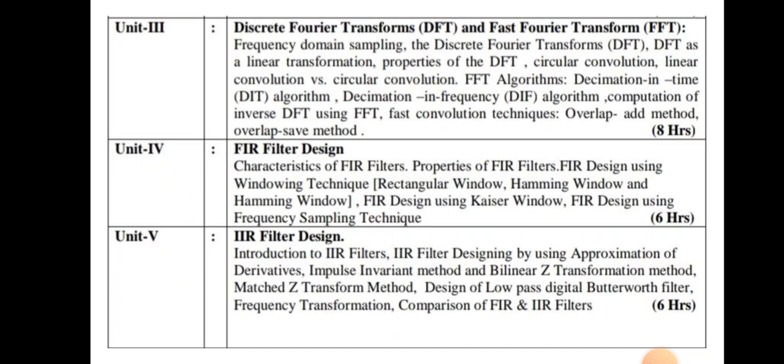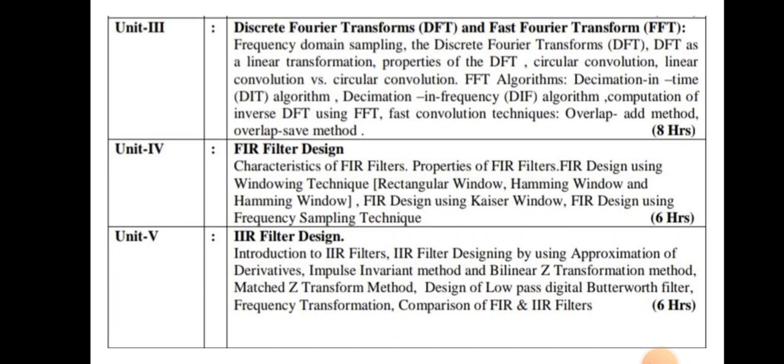So all these techniques are related to FIR filter designing. Then in the fifth unit we will see how to design an IIR filter. So we have to study first the introduction to IIR filter designing by using approximation of derivatives, impulse invariant method, bilinear Z transformation method, matched Z transform method, design of low pass digital Butterworth filter, frequency transformation, and comparison of FIR